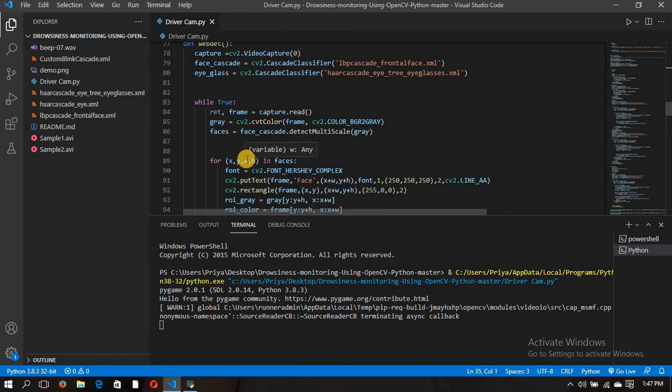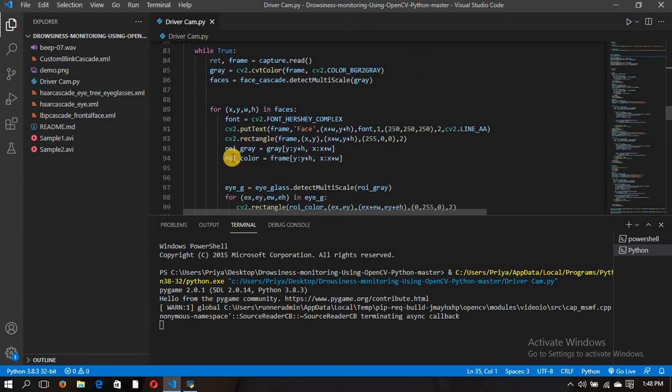Like we have to draw a rectangle around our face, therefore we have declared these variables. x and y define the coordinates of the upper left corner of the face frame, and w and h are the width and height of the frame. Then the cv2.rectangle function is for drawing the rectangle around our face.